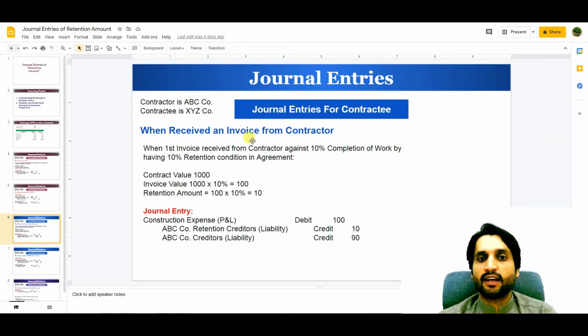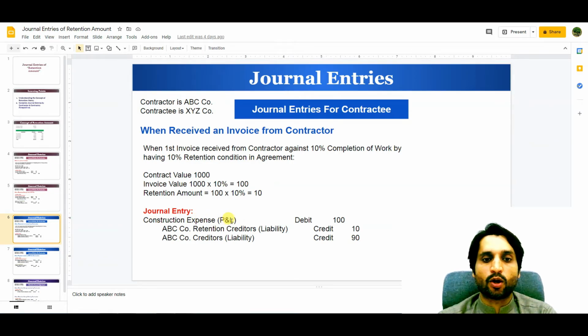When he is receiving the first invoice from the contractor against 10% completion of work, with a 10% retention condition in the agreement: the contract value is 1000, so the invoice value is 1000 multiplied by 10%, because 10% of the work is completed. So the invoice value will be 100. Retention amount is $10, 100 multiplied by 10%, which we need to keep on every invoice as the 10% retention. Now the journal entry in the contractee's books will be: